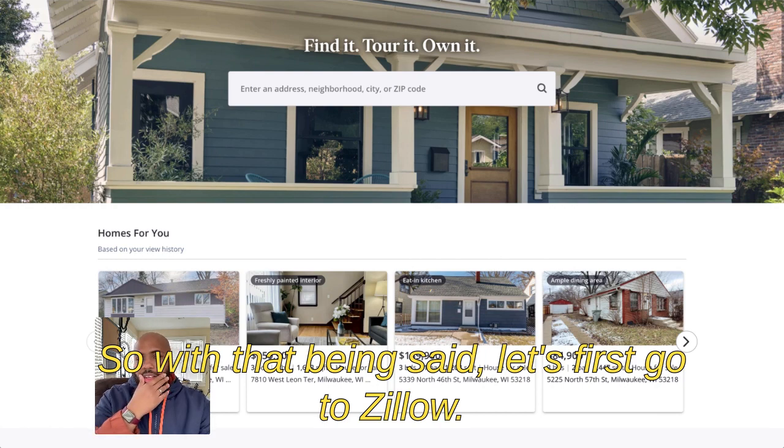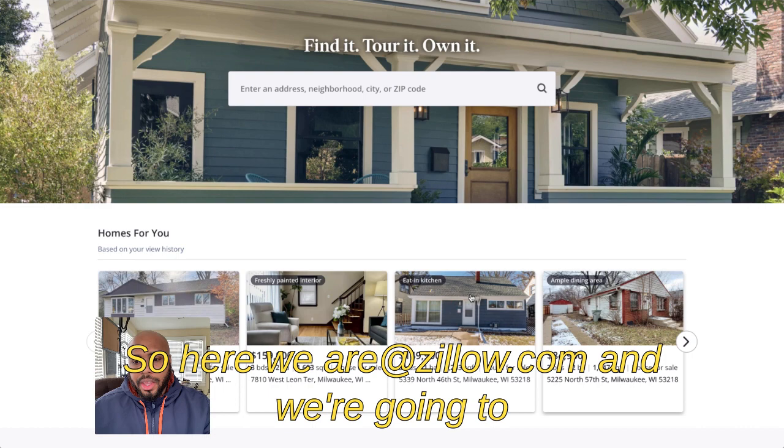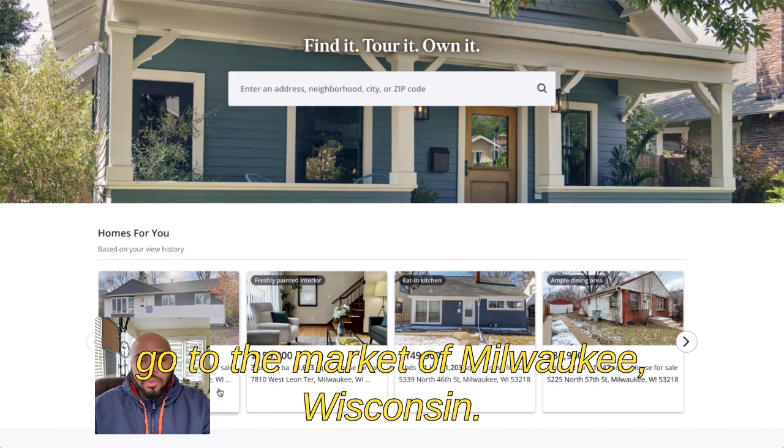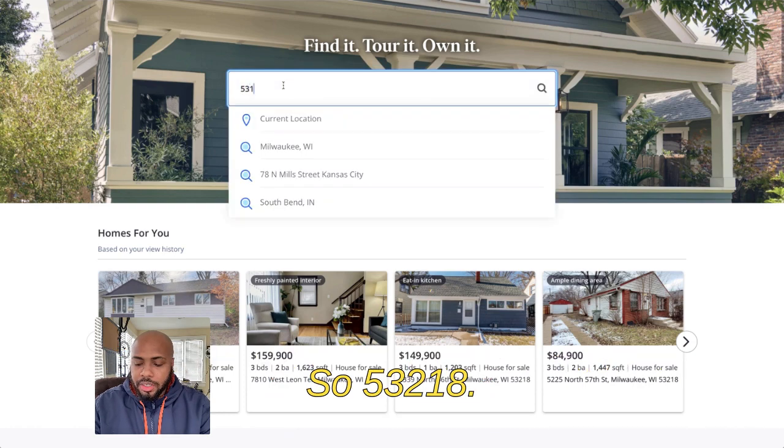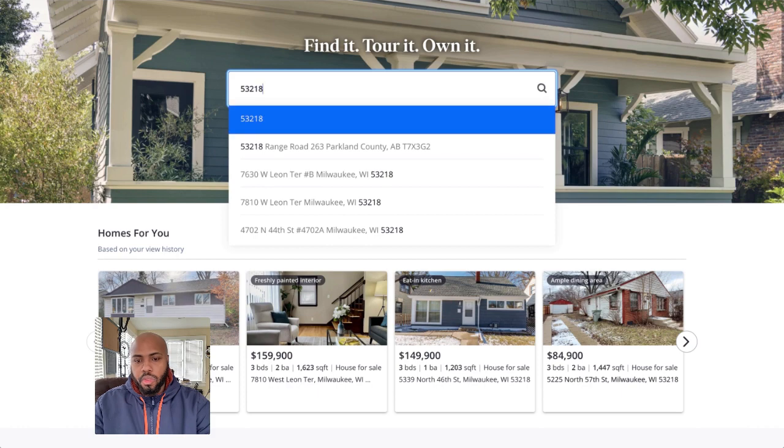All right. So here we are at Zillow.com, and we're going to go to the market of Milwaukee, Wisconsin. Specifically, we're going to an area of zip code 53218. Okay.